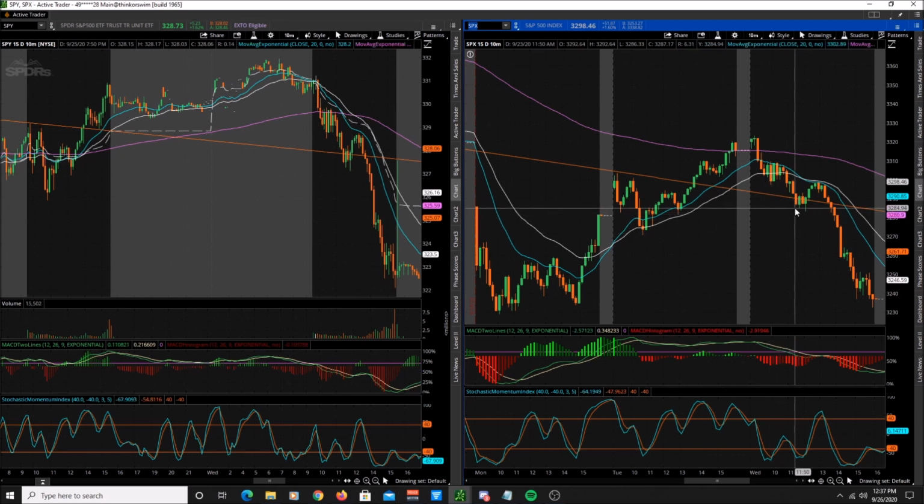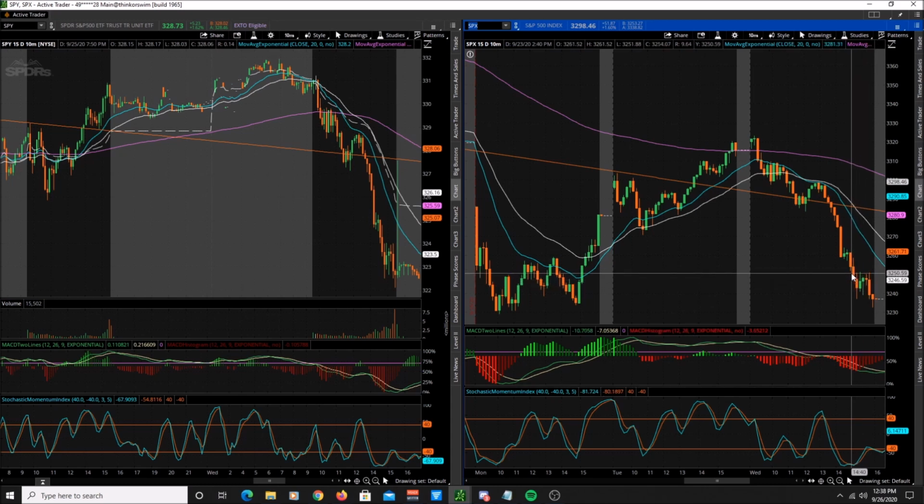Some of the stupid things I was doing was I was trying to catch the knife, and I fell for every trap. Now, it had a big gap down, it started to pop up, then we had the big sell-off, so I was thinking we're going to get a massive short squeeze at the end of the day, and we didn't. So I grabbed 3310 calls at 1.48, which I believe was right here. I made this big dip, and I had 2 little green doji candles right here. Like, okay, we're gonna pop, and it didn't, and it dropped. So that was loss number 1. I fell for that. And the next one was at 2.26, which I bet was right